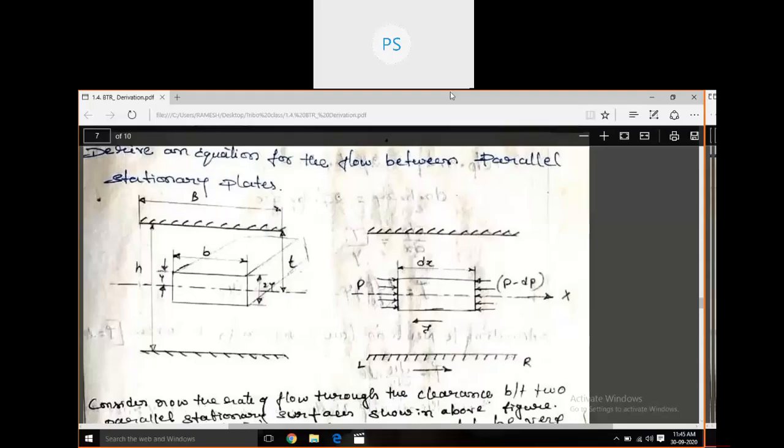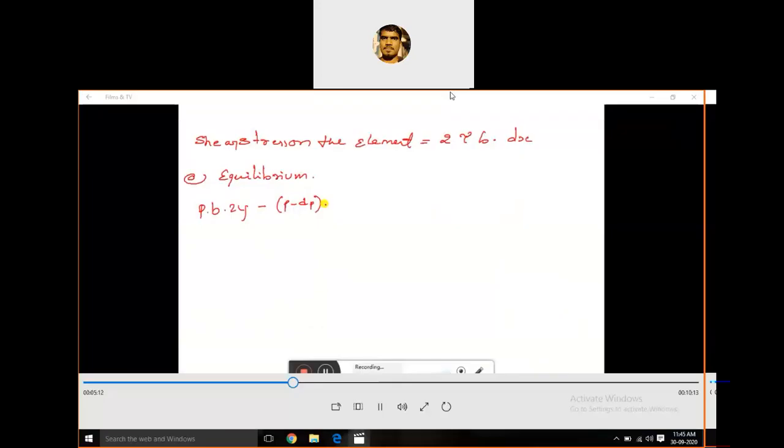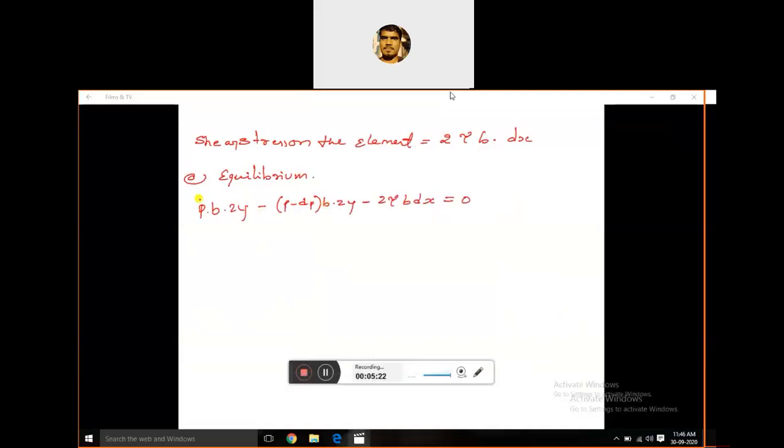So at equilibrium position, yes sir, so equating all the forces to 0. So P B 2y minus (P plus dP) B into 2y minus tau B dx is equal to 0. So if you simplify that, plus and minus forces get cancelled and the remaining is minus 2y B dP minus 2 tau B dx. If you simplify that,